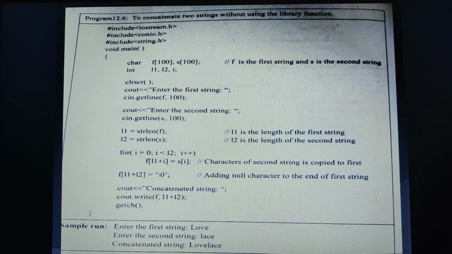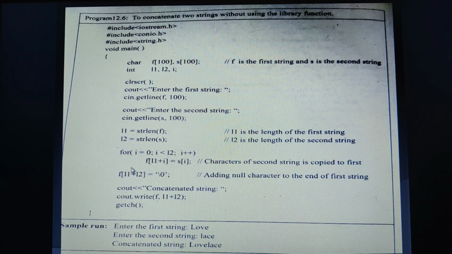And then here I am going to find out the length of the first string. So what is our first string name? That is f, isn't it? Therefore, string length of f. As per this it is love, L-O-V-E, 4 characters are there. So this size is 4 characters, so that 4 is placed in a variable known as L1. Similarly, the second string is lace. Again 4 characters. Then again that value will be stored in L2 as the length of the second string.